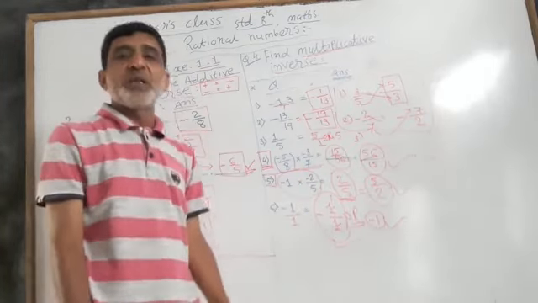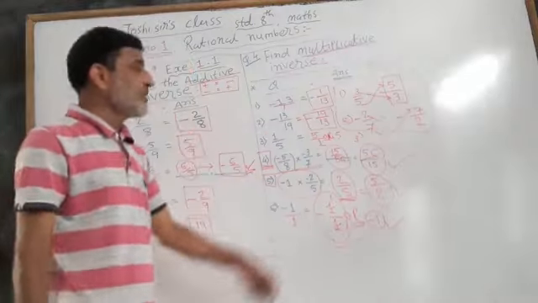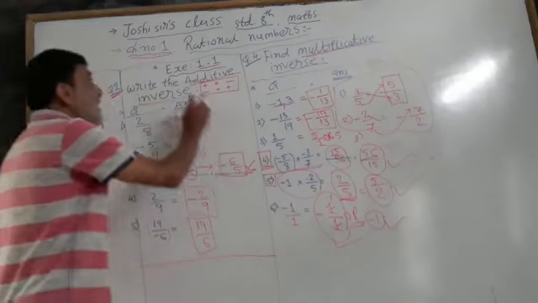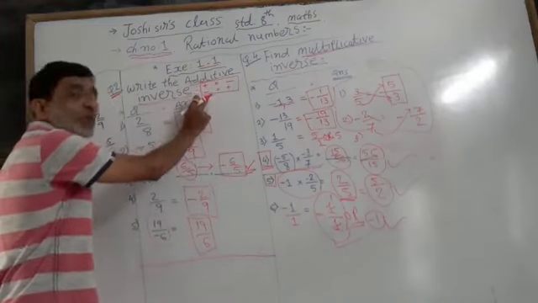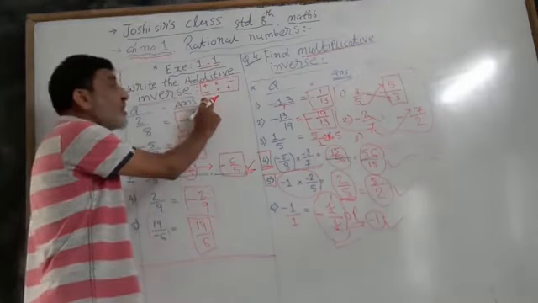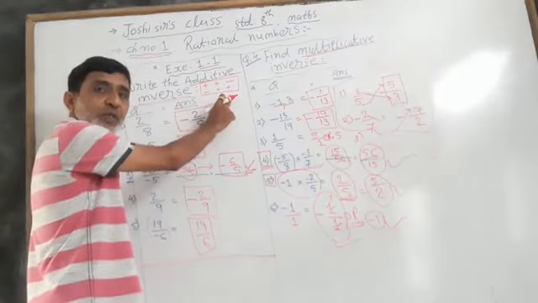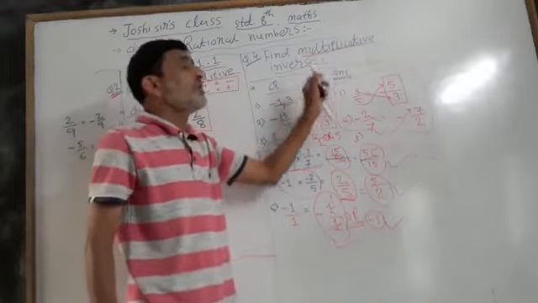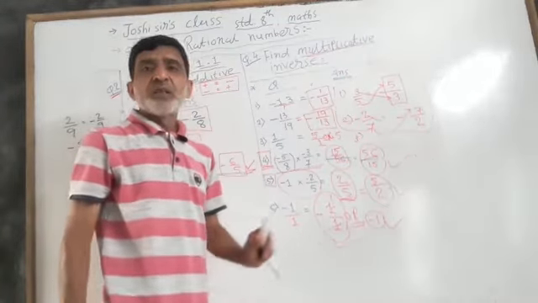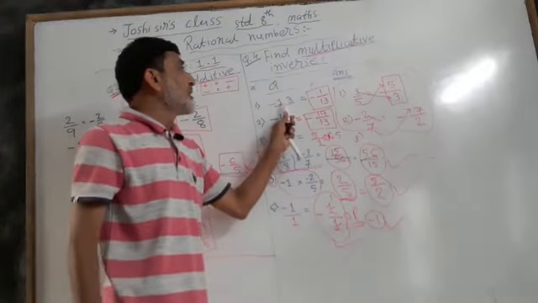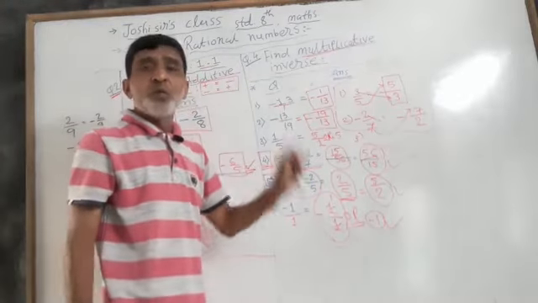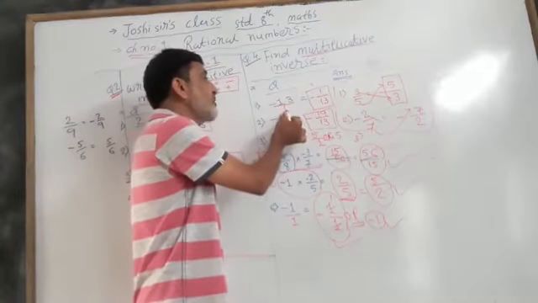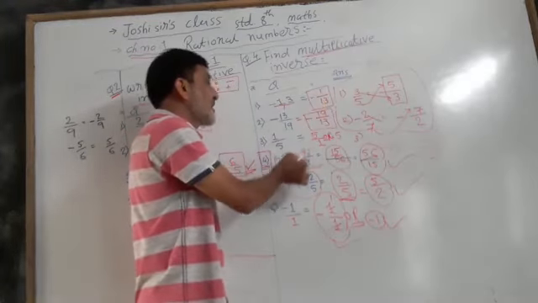If you have any problem, you can tell me. See, one time, keep these both rules in your mind. For the additive inverse, we have to change only the sign. The number will be the same. And for the multiplicative inverse, the sign will not be changed, but the given number is changed into its reciprocal. The upside number will come downside, and the downside number will come upside. See, I repeat it again.